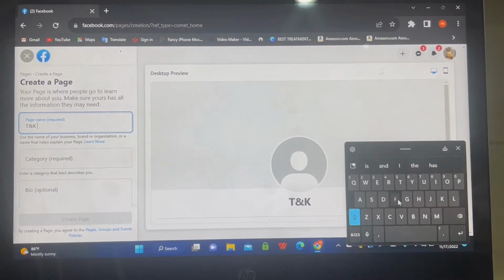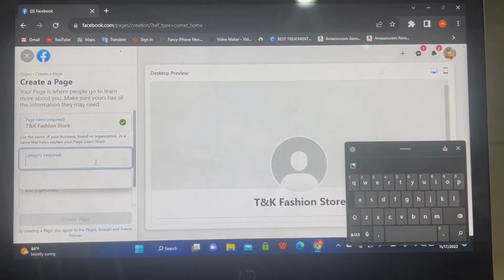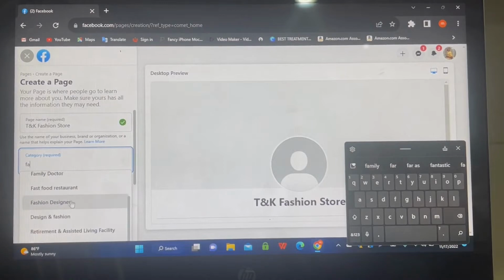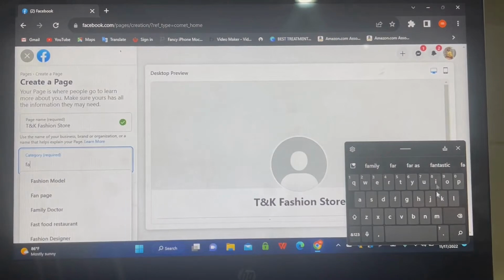Fashion store. All this you can do on your phone also. So category required. You see from this category you will say fashion. You look for what relates to what you are doing. If it is fashion store, fashion designer, design and fashion, or let's say